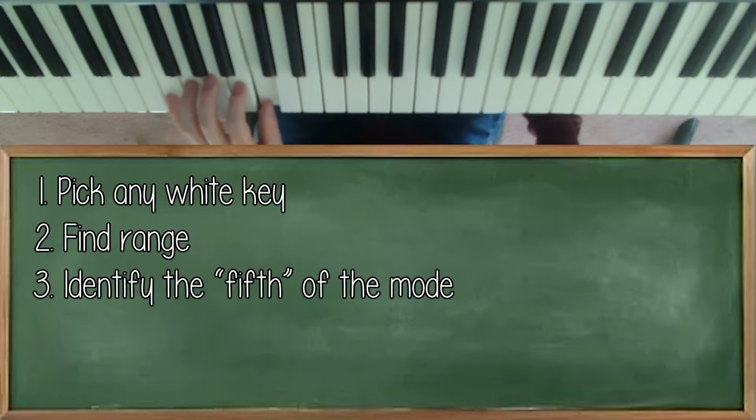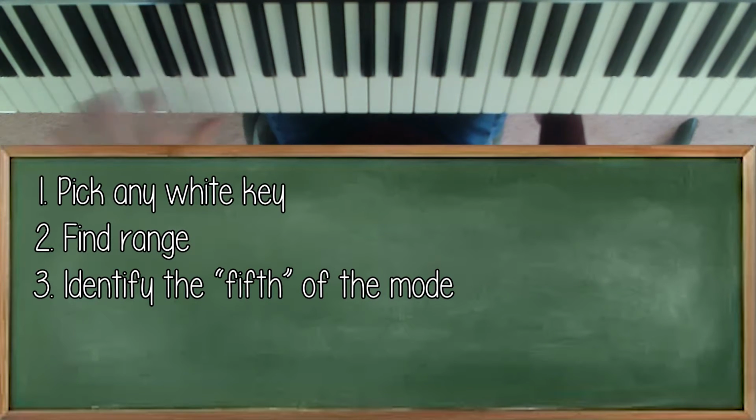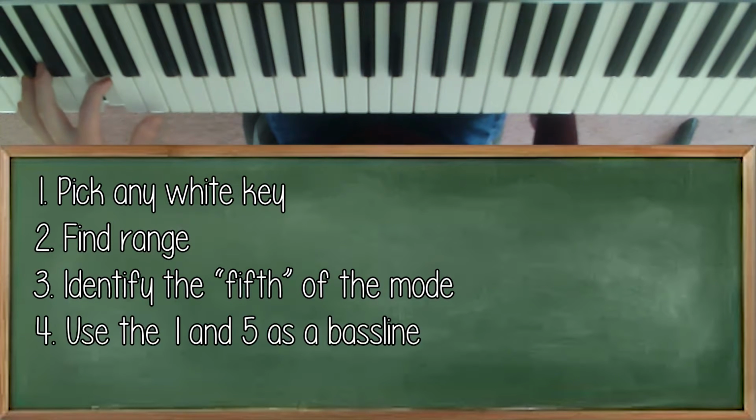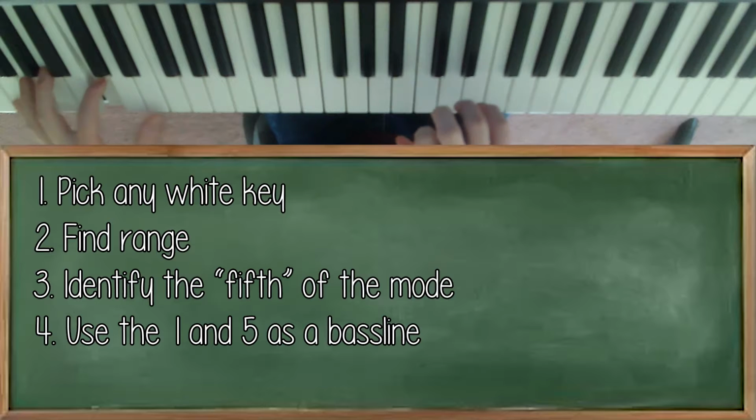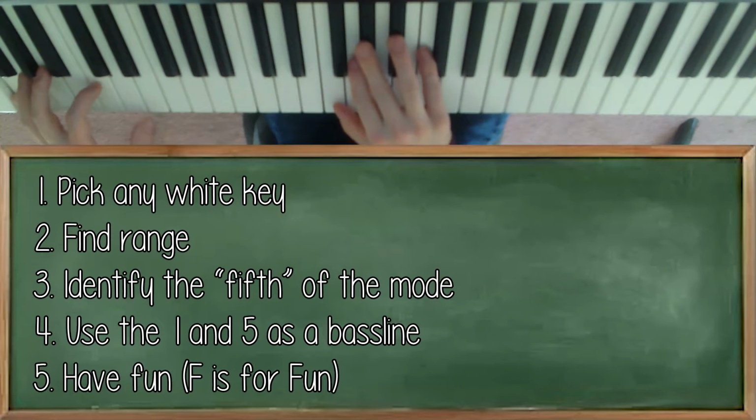This 5 is going to be our kind of secondary note. So we have our prime note and our second note, and we could just kind of rock back and forth between these two like clockwork. 1, 5, and this makes a good bass line for us to go through some ideas in our right hand. So starting on our F,